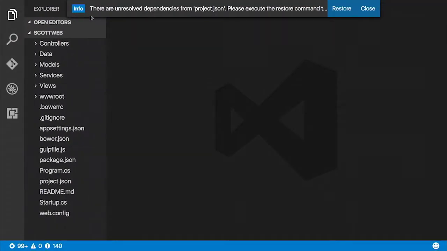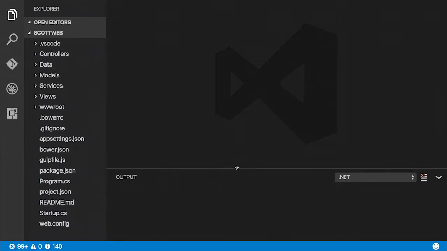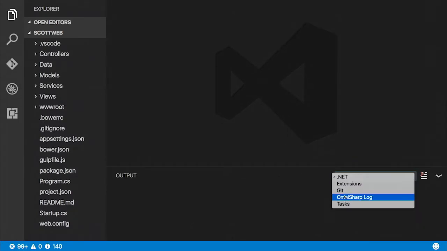Okay, there are some packages you need to restore. Because we did not do a .NET restore explicitly, we will go ahead and hit restore and let Visual Studio Code do that work for us. All right,